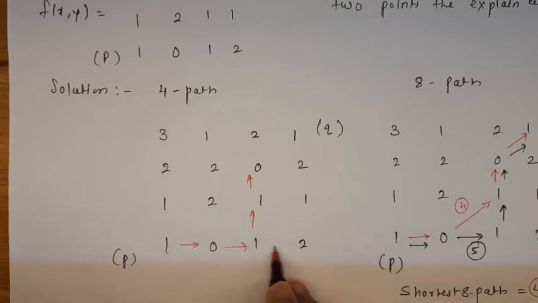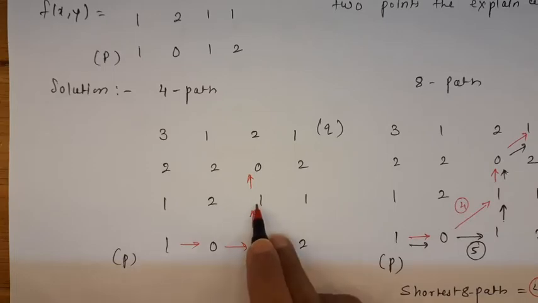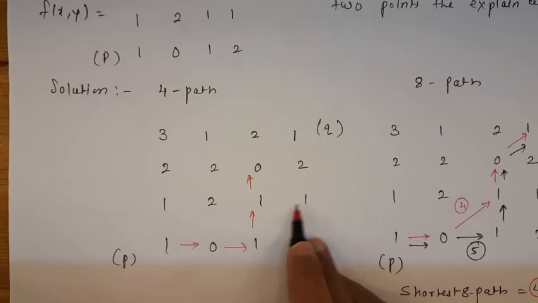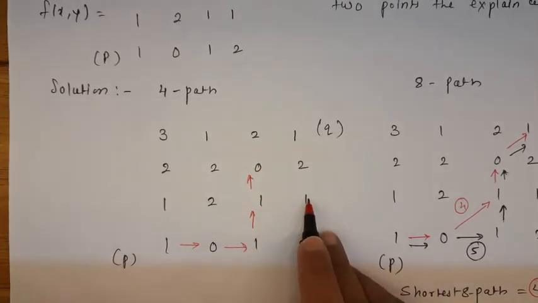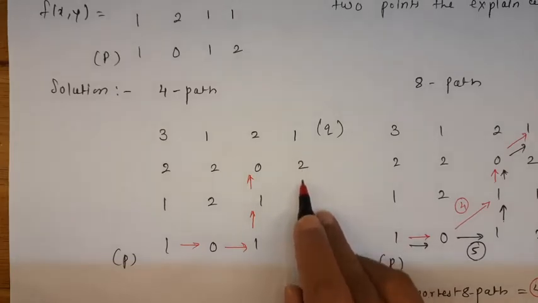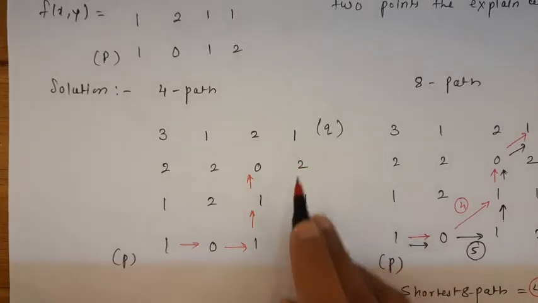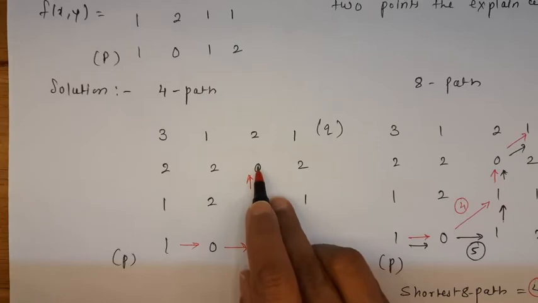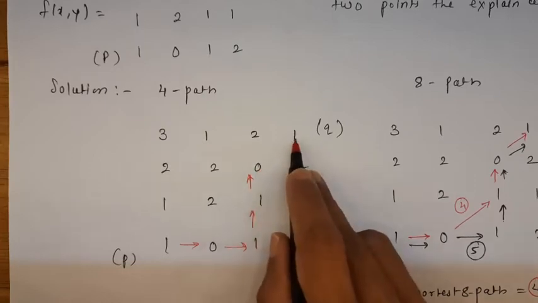Then next pixel, can I go this way? No, because this is not satisfying set V. So I will connect like this. Again here, either you can go to the right hand side or upward. Right hand side I will not go because after that there is no pixel which I can connect. So I will connect this way. Now what is Q? Q is 1.